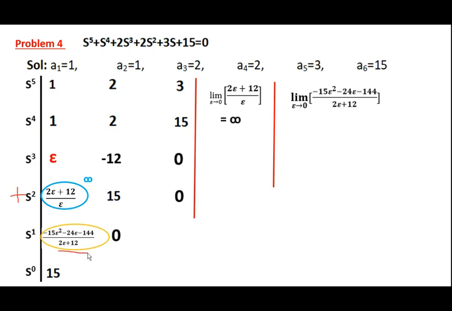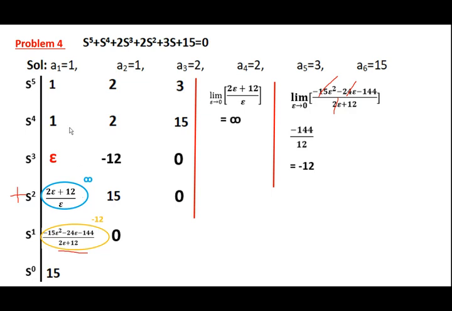Next, you should consider this next complex parameter. Apply the limits to this. So substitute epsilon equal to 0 in this expression. In the other expressions, if you substitute epsilon equal to 0, these terms will become 0. The remaining value is minus 144 divided by 12. For that, the value is minus 12. So the value for this complex term is minus 12.